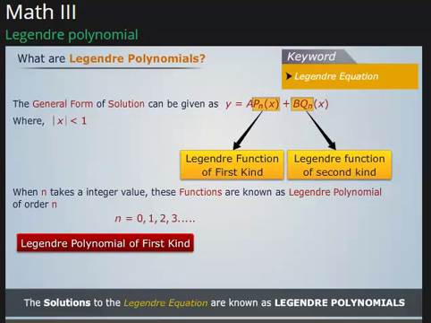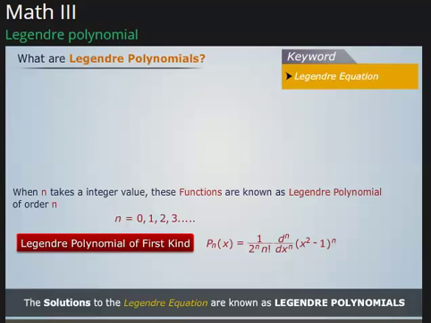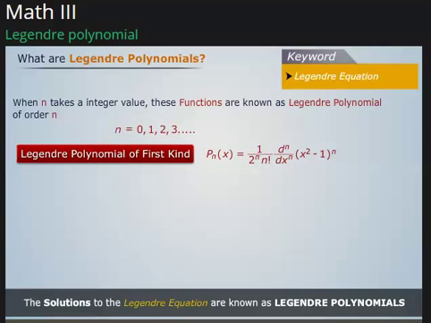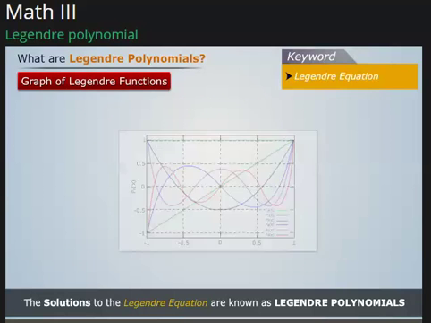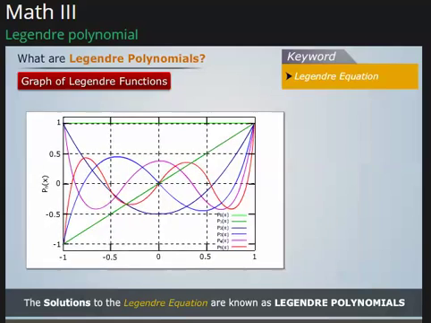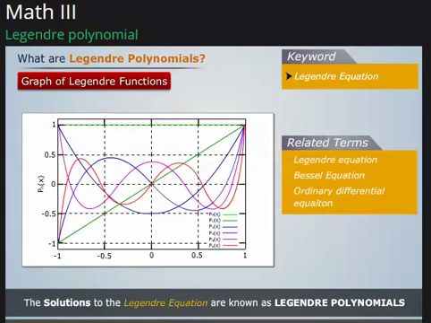The Legendre polynomial of first kind is given by the formula. Some of the initial Legendre polynomials are, the graph of Legendre functions is given by, related terms are,